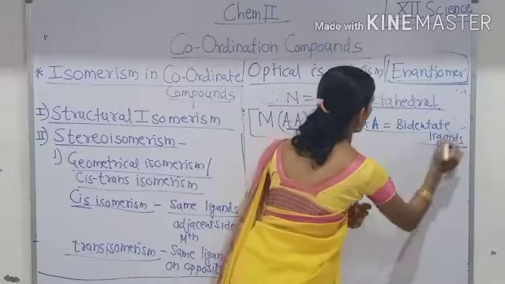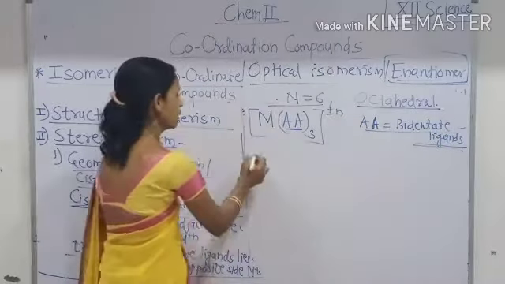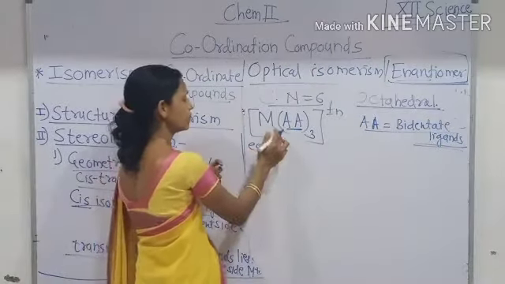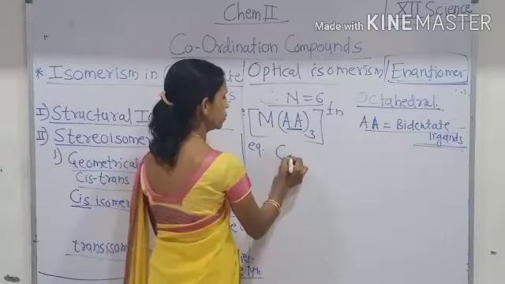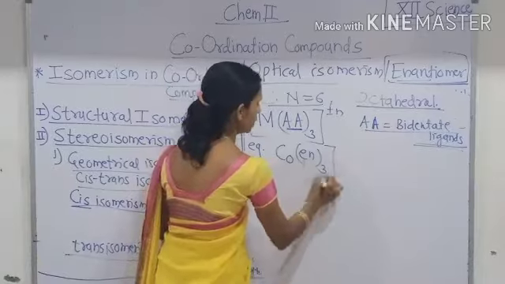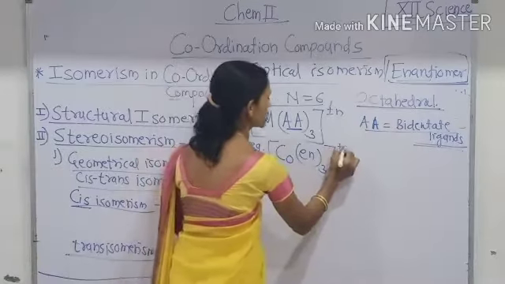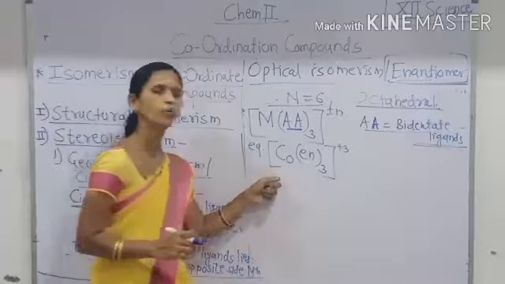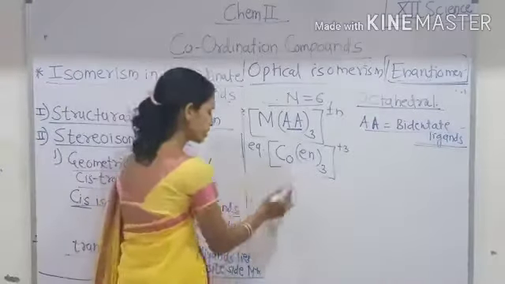An example of this type of complex is the [Co(en)3]3+ complex, in which